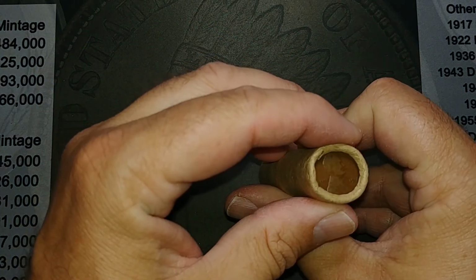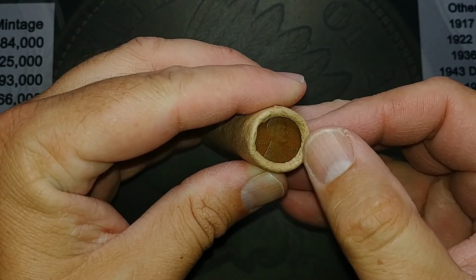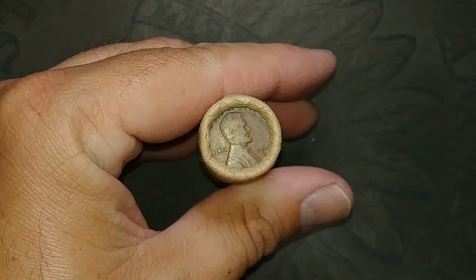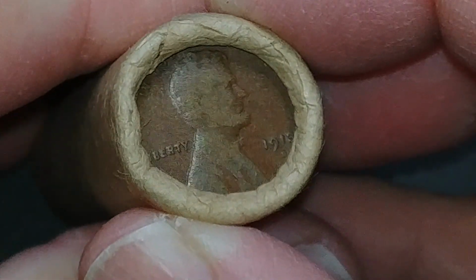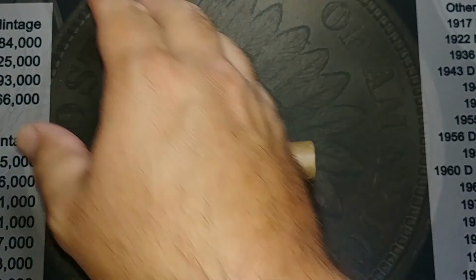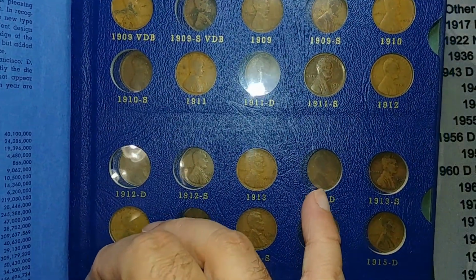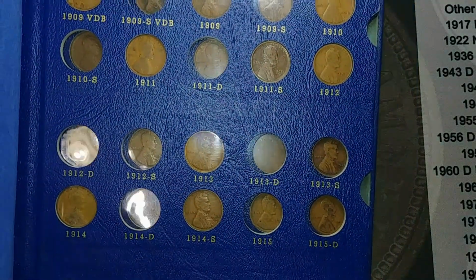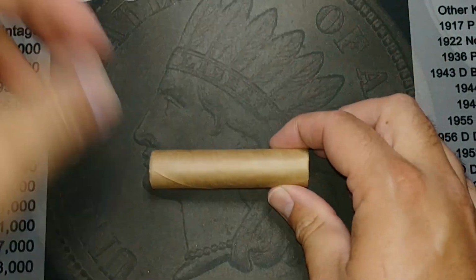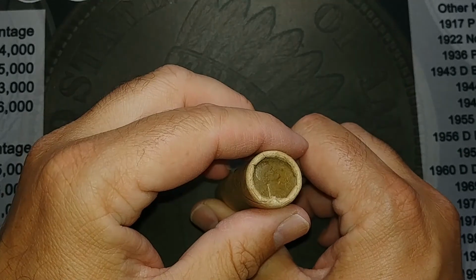Now the reason I bought this is it claimed it was a 1913 D ender, which I think it is. That appears to be correct. And the reason I got a 1913D is because they're harder to find. But I have this old album here of my dad's, and he needs a 13D. So I saw that as one of the enders, and I thought, you know what? I'm going to go ahead and buy it because I know I need the coin, and maybe I'll get something else in there. And then the upside is we got a 1913 on one side, and we have a 1910